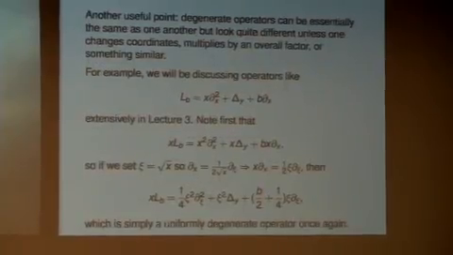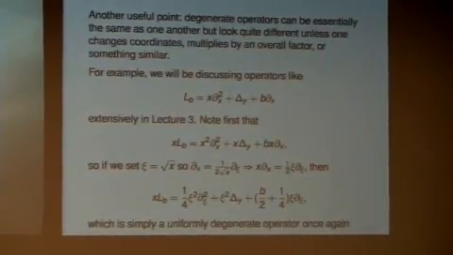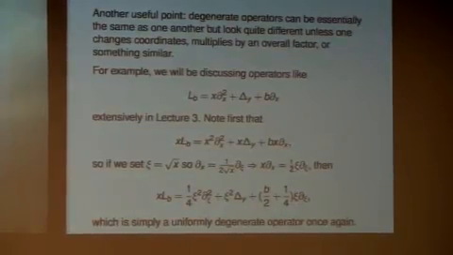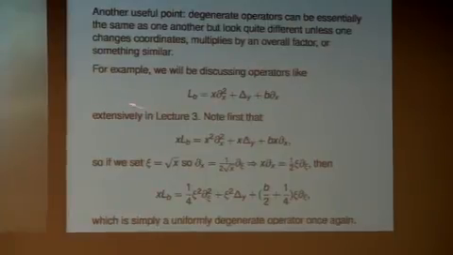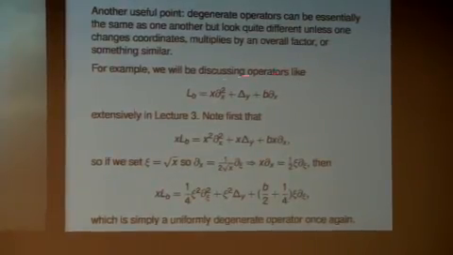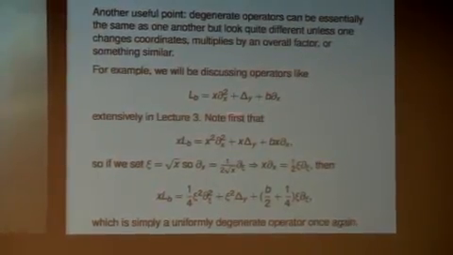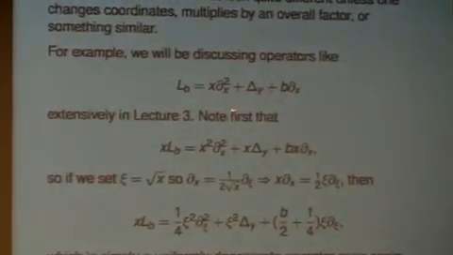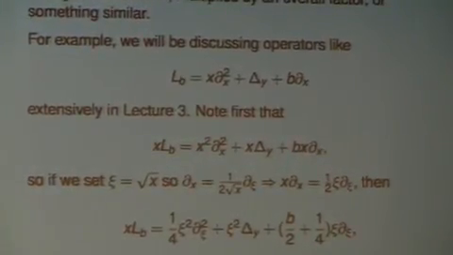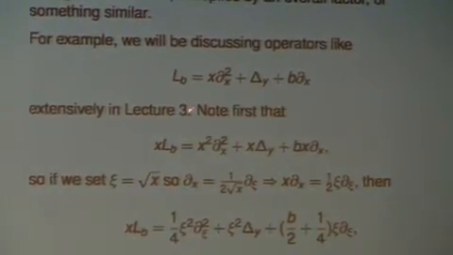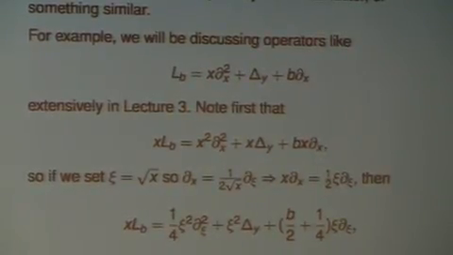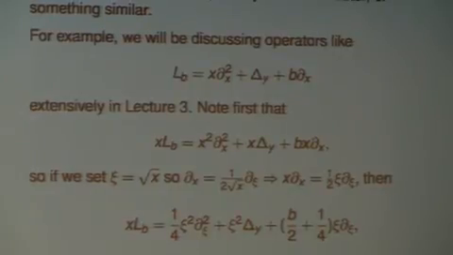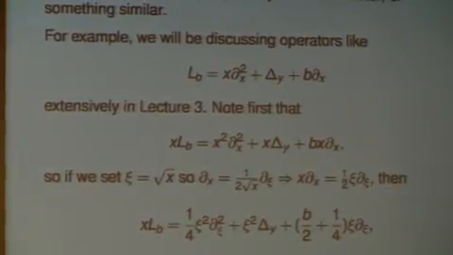So the right way of thinking about this operator before is that it was combinations of vector fields which vanished at the boundary. Now, in lecture 3, we're talking about this type of operator as being sort of a prototype of a manifold boundary, y is boundary coordinates, x is sort of normal coordinates. This is exactly the type of thing we're looking at. And the point I want to make here is that this is really just one of these uniformly degenerate operators in disguise, at least when you're on a manifold boundary.